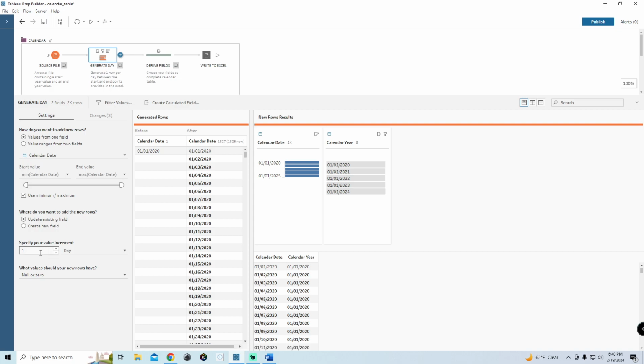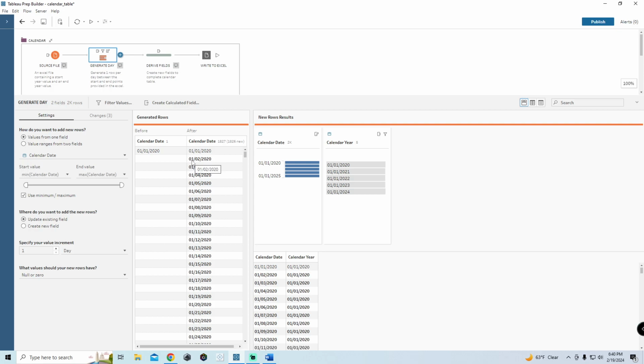The way we're going to go about doing this is we're going to use this feature and specify the means of incrementing. So for every date value generated, do I want to add 1 month to it? No, I want to add 1 day. Starting with January 1st, 2020, I want to continuously add 1 day to the next row. So I start with January 1st, 2020, which is the value that exists in my Excel file. I generate one row,